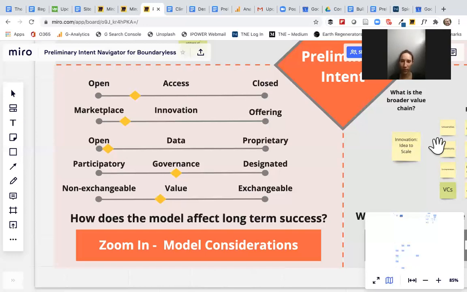So what we did is we broke it down into a few different properties of an ecosystem model or the platform model that you'd be creating, just as conversation starters, and then it gets people thinking about different things that are part of the model, and then also how they might start considering trade-offs and what they feel about each of these different attributes.